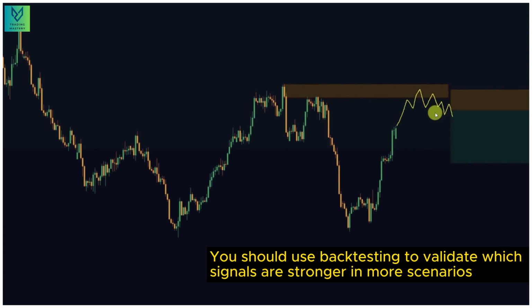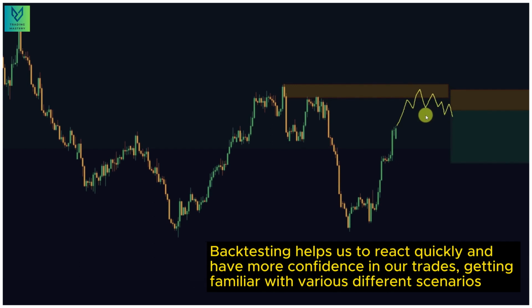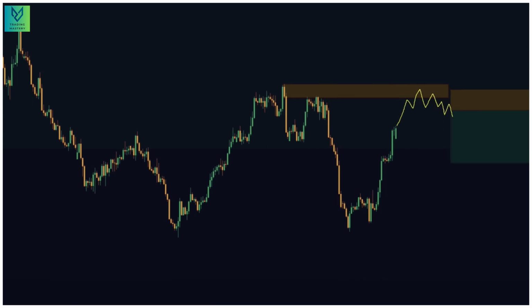And to determine that, you certainly should not use a real account to trade immediately. Instead, using a backtest account will help you evaluate the effectiveness of entry signals or a set of trading rules. Backtesting helps us become familiar with entry points, improves our reflexes, increases confidence in our trades, and acquaints us with various market scenarios. I hope you will understand the importance of looking at multiple time frames from the details to